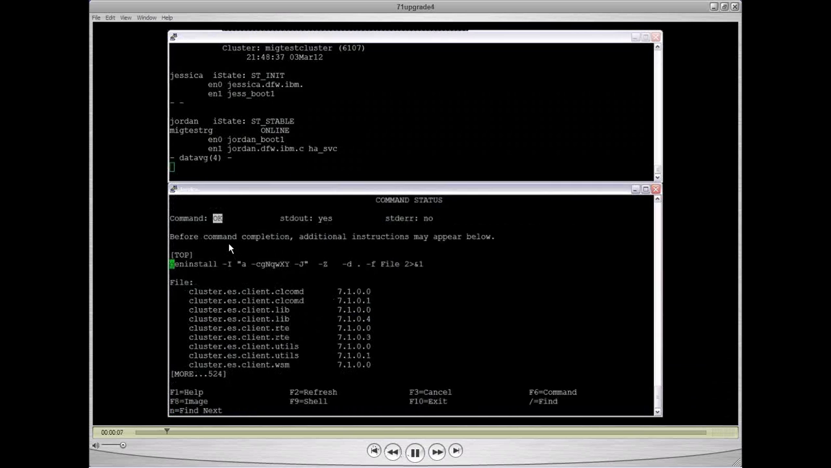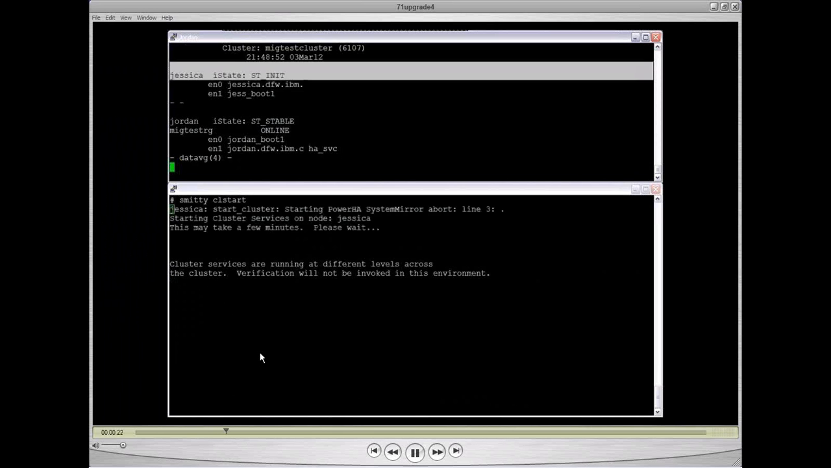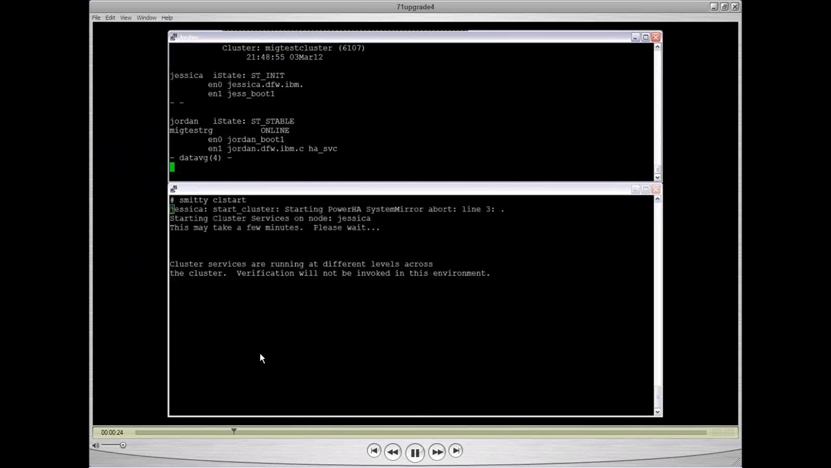has completed. So I got the OK there. All my file sets are updated. Now all I need to do is rejoin this node back into the cluster. So I simply do a clstart, choosing all the defaults. Now this will take a minute for it to actually come back up, and you can also see on the